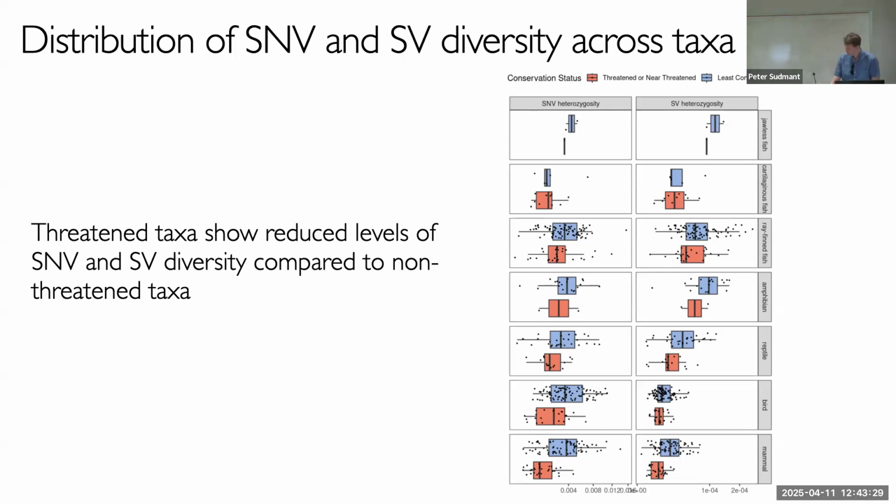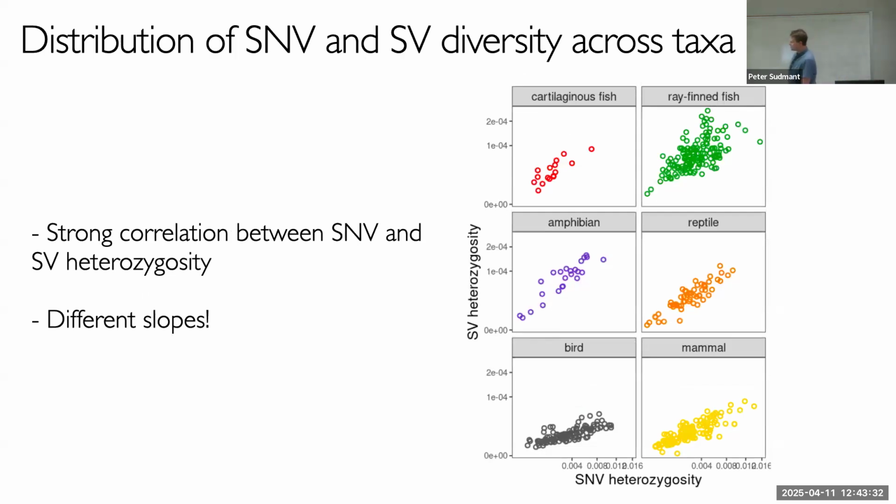So what we did is we plotted these two rates. The x-axis is the single nucleotide heterozygosity rate, and the y-axis is the structural variant heterozygosity rate. They fall in a really nice straight line, which makes sense, right? The forces shaping genetic diversity in a population are patterns in the population demographics, and that's not going to change whether it's SNP heterozygosity or structural variant heterozygosity.